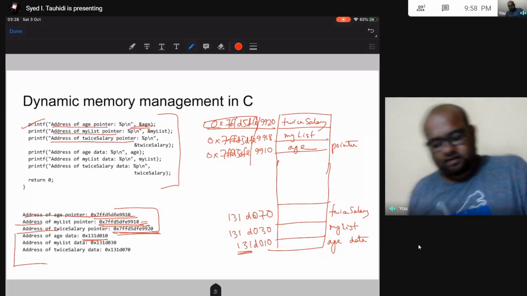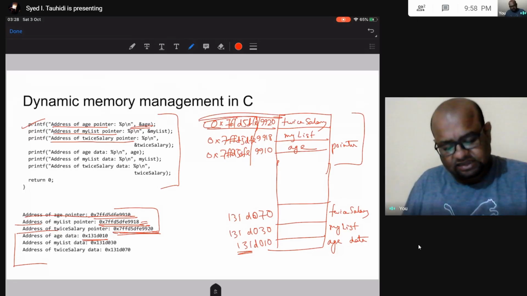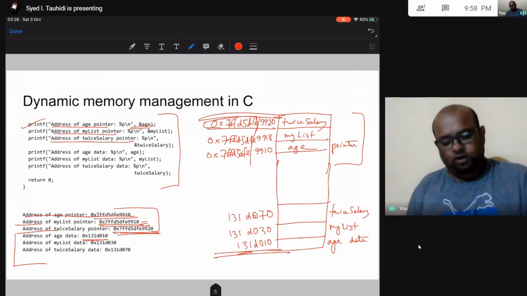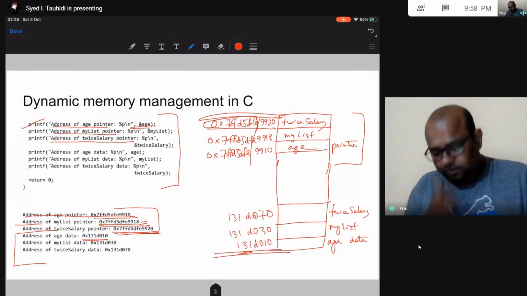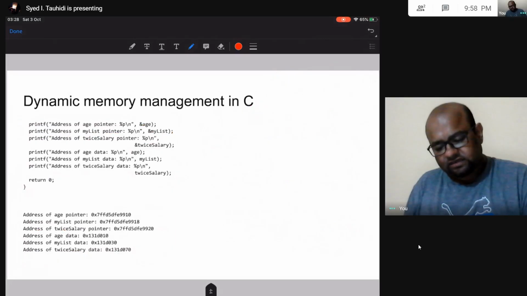So this is what I have. I can see this stack part, high address, and this heap memory, low address. One more thing I want you to observe: in the stack, the last local variable is given the highest address.